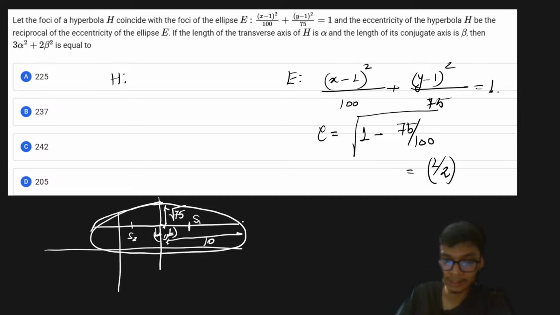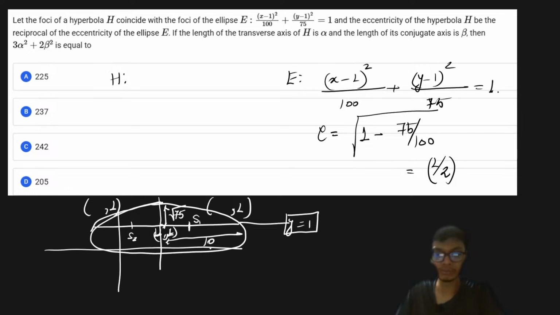So this particular axis is basically y is equal to 1. So our focus will always be on the line y is equal to 1, right? So I'm putting it as something comma 1 for the focus, and the value of x I have to find out. So the distance of the focus from the vertex is basically equal to AE,